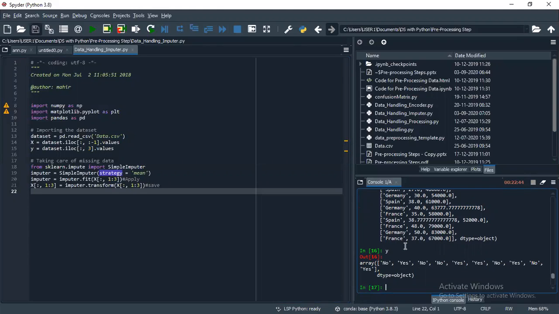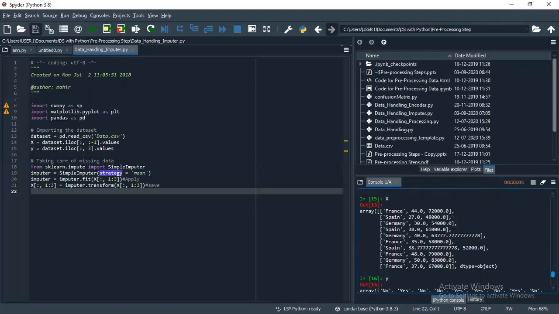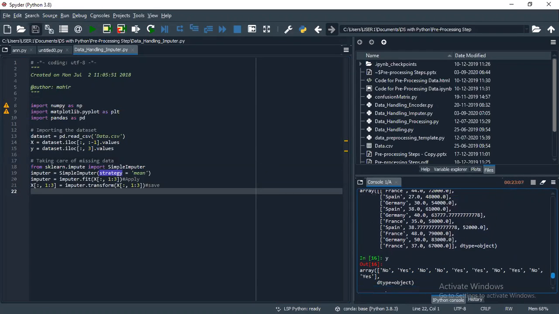When you are going for machine learning, as we already discussed, Python is very slow in performance. To increase the performance, you need to replace the strings with numbers. So how to replace? With the help of label encoder and one hot encoder, we are able to replace.